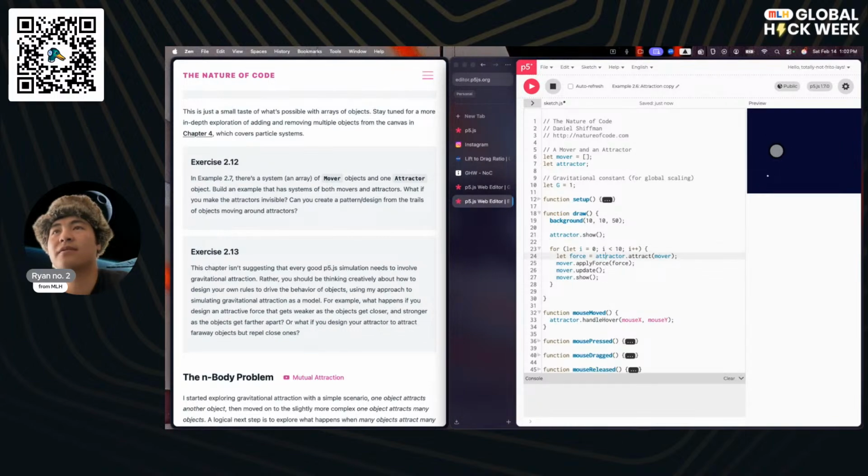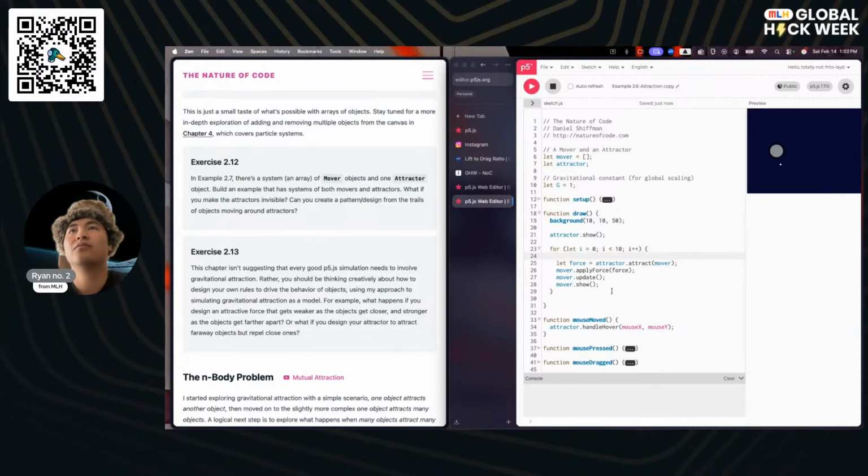And instead of an individual mover, we're just going to say, well, I don't really want to change all of that at the same time. So what I'm going to do is I'm going to make a new current mover equal to movers[i].